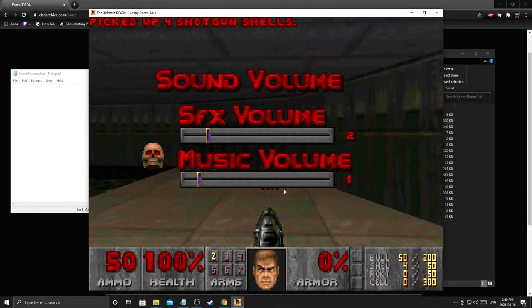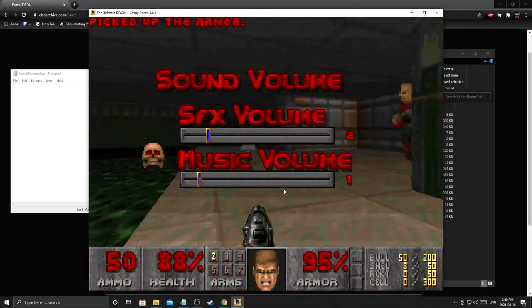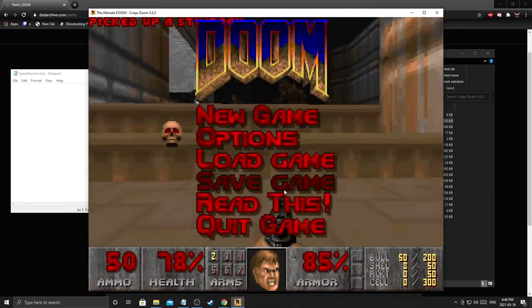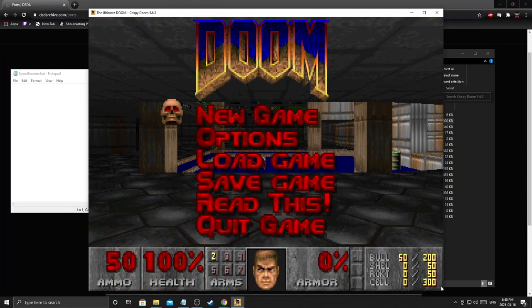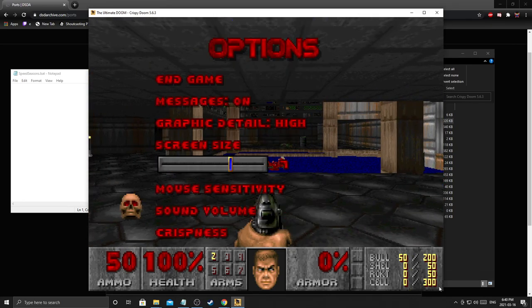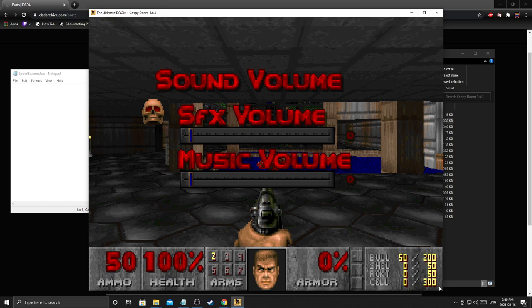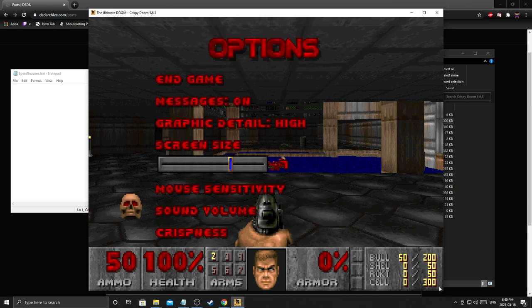That's the very first thing I do, is turn down the sound effects and the music. Then we can go into the game and just test it out. Yeah, and it looks like everything works. But the one thing we're going to want to do, I'm just going to turn down the sounds so it's easy to hear me. But if we go into the options menu, and then you go down into graphics settings, you can